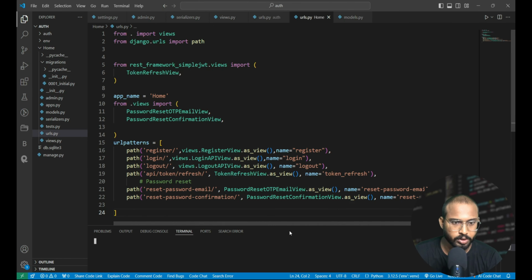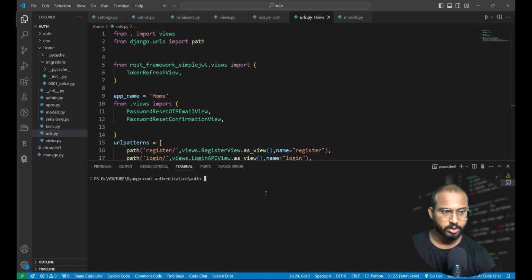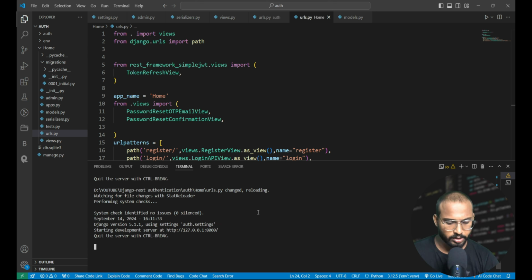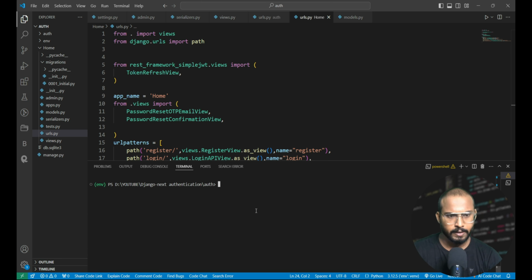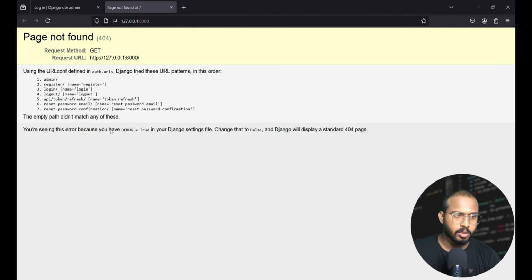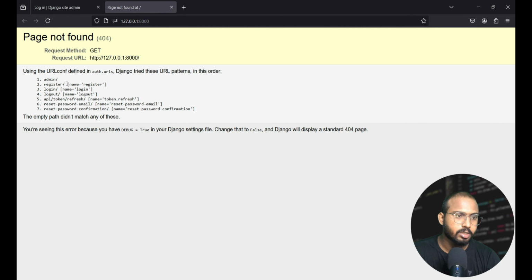For it, let's open the terminal first, and here we need to write a command. So actually we have activated the environment on here. Okay, so let's kill the environment and again run the server, python manage.py runserver. Okay, so finally we have seen that here all the admin router is available,